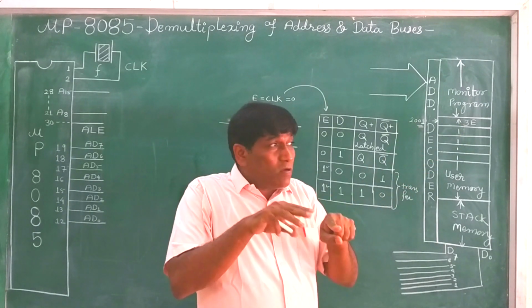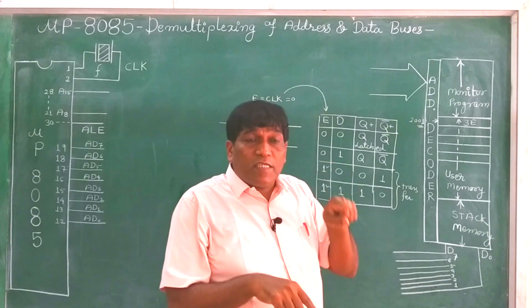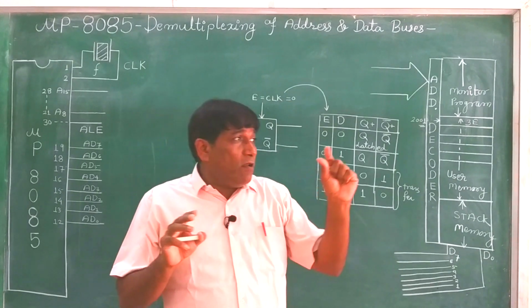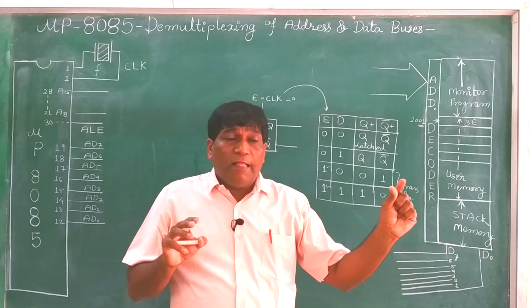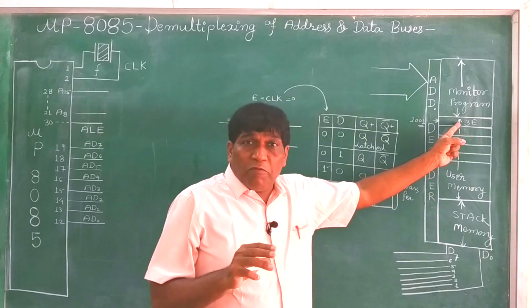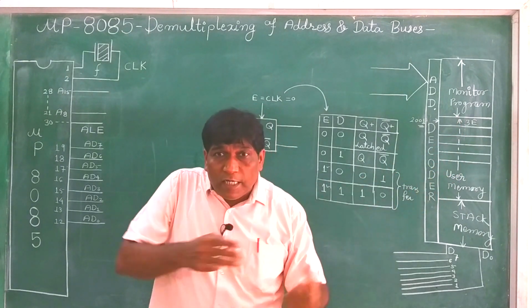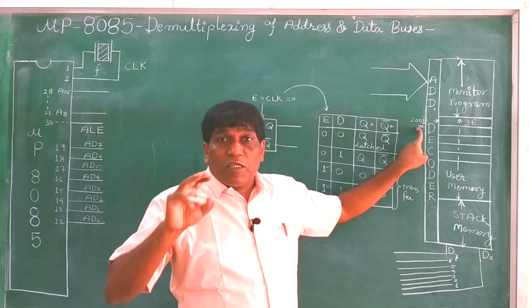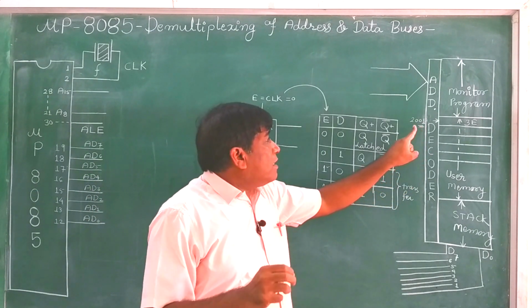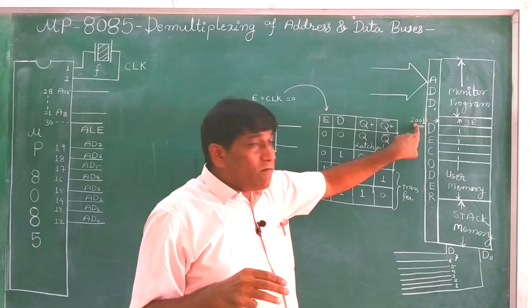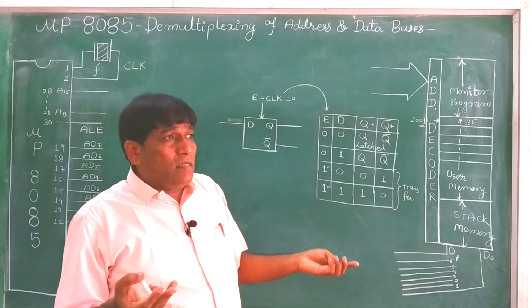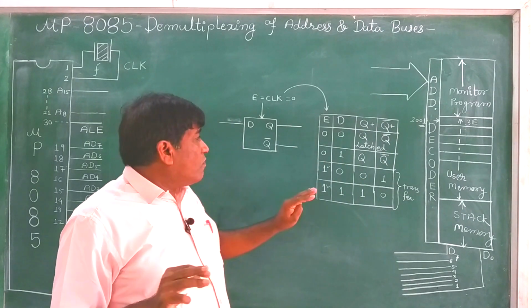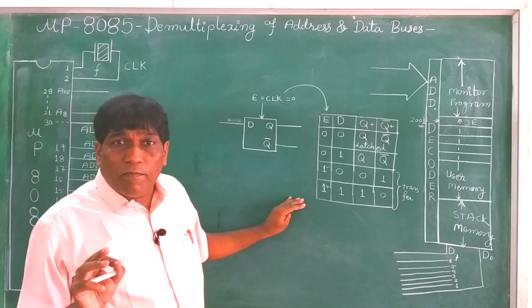We actually want this location to stay pointed. It should not change in between. While one machine cycle is being completed, while we are reading from the memory and this data is to be sent to the microprocessor, this address must be held. And holding 20 is no problem, because the higher order bus 20 is not multiplexed. So we have explained the D flip-flop.